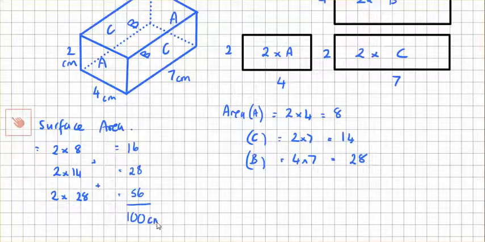centimetres squared. Now, if in a test you forget to put your units of centimetres squared or metres squared, you will lose a mark. Okay, unless it's already in the space. If there's nothing there, you will lose a mark. Okay, so simple enough, surface area, but there's one thing that goes along with it,